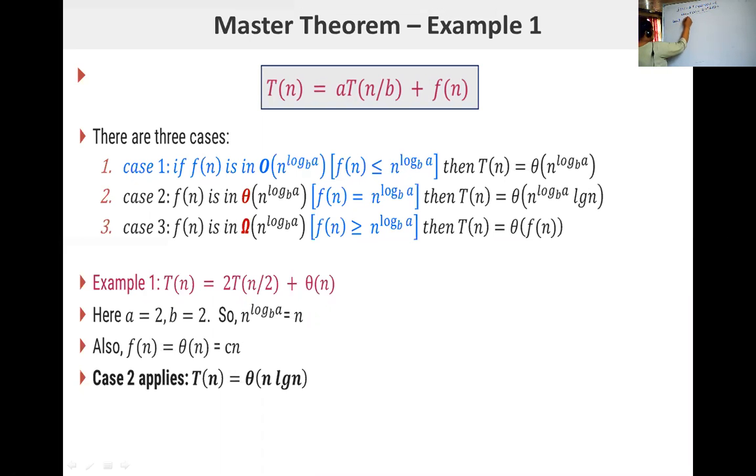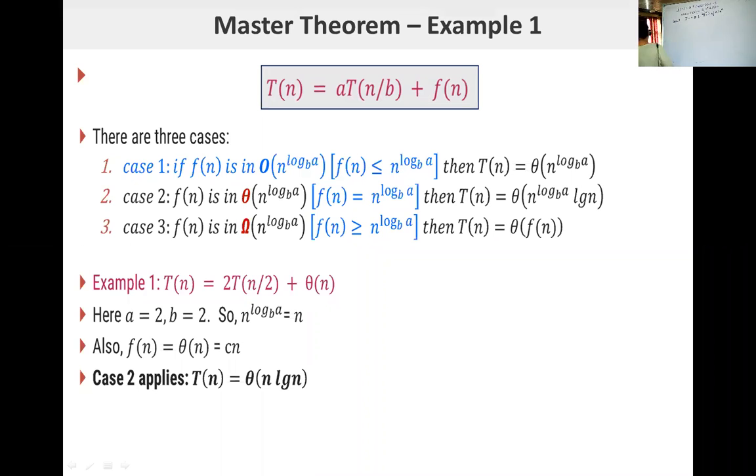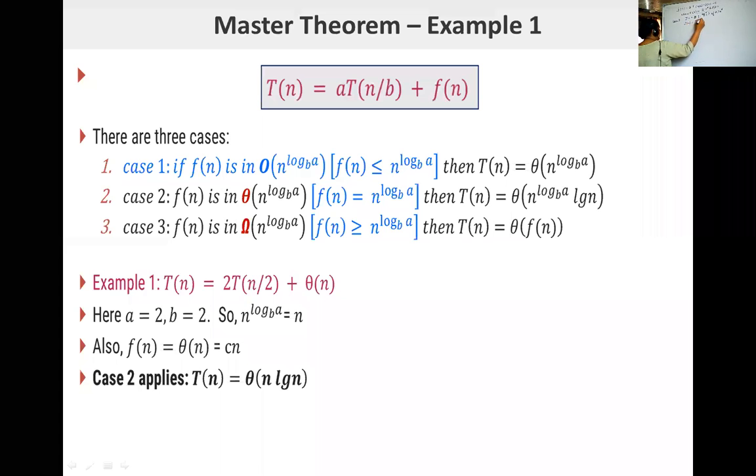So let's continue with the third case now. Case 3 says Pn is equal to theta of n raised to power log a base b, if a is greater than b raised to power d. We have done two cases: a less than b raised to power d, and a is equal to b raised to power d. Now the third case where a is greater than b raised to power d. So let's consider an equation